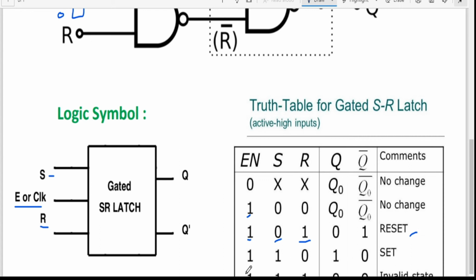In the fourth case, when enable input is 1, S is equal to 1 and R is equal to 0, at that time the upper NAND gate output is going to be low and the lower NAND gate output is going to be high. That is, S bar will be 0 and